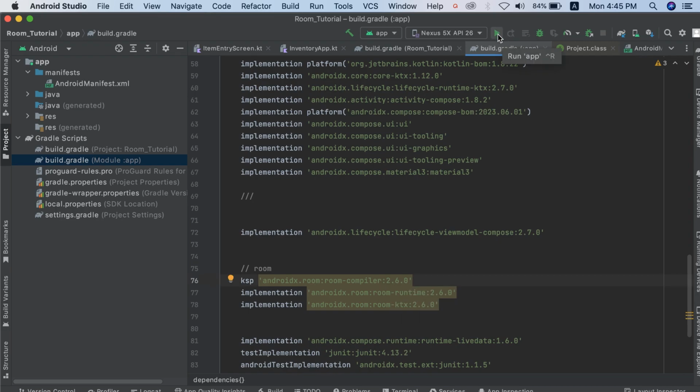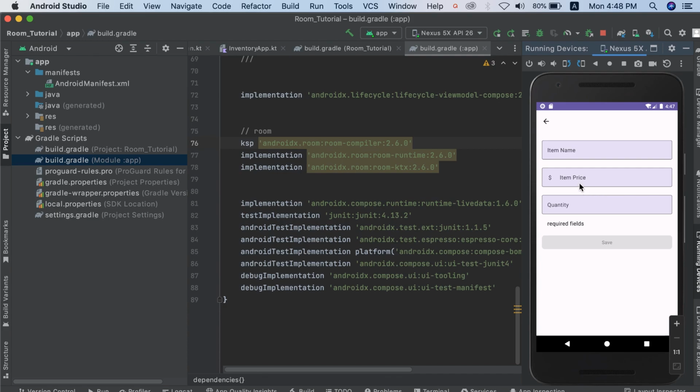And run your app. As shown, my app completely works. Here we migrated from kapt, Kotlin Annotation Processing Tool, to KSP, Kotlin Symbol Processing. KSP is up to 2x faster than kapt, and kapt is now